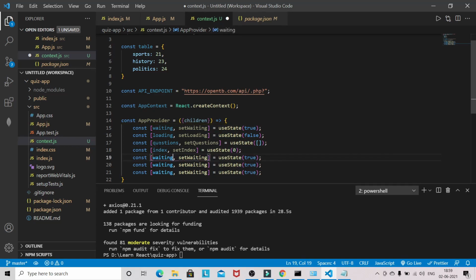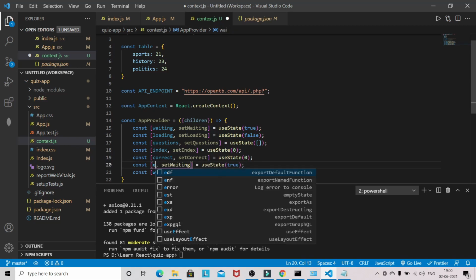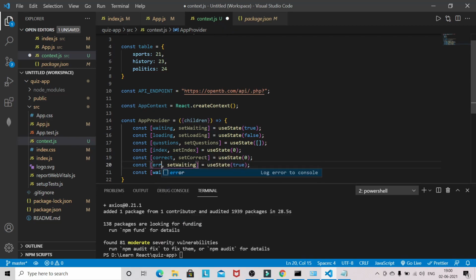Now we will have correct, then setCorrect, setError, and false.